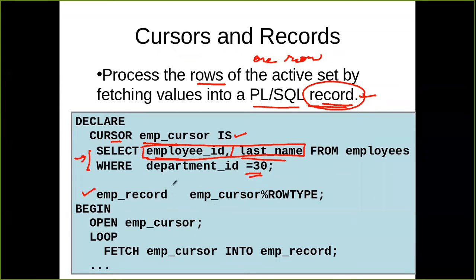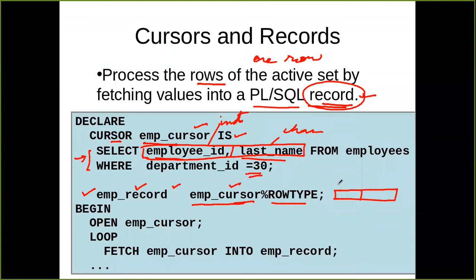Then what will be the data type of this record? The data type of this record will be the same as the data type of a row of the cursor. This is the name of the cursor, the same cursor, and whatever the data type of a row of this cursor, the same data type will be transferred to this variable. For example, if employee ID is of integer type and name is of character type, then this record, employee record, will be represented by two values.